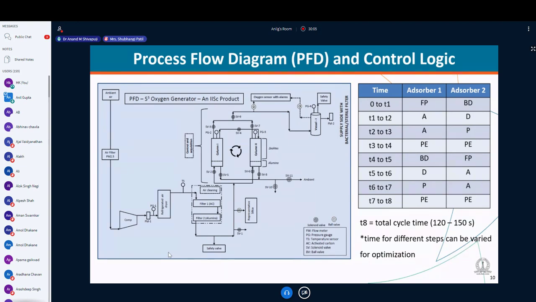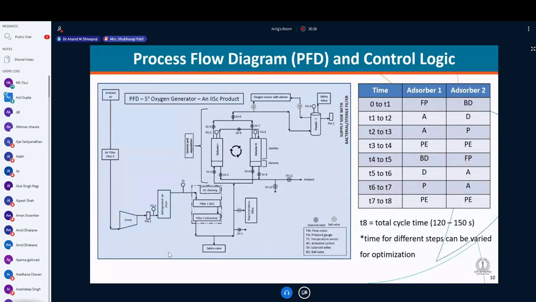and then here you can see nearly in the middle of the diagram where we have shown a cycle, we have two columns, column 1 and column 2. The process starts with column 1, wherein we start filling column 1, and it reaches the desired pressure, and it allows the oxygen to escape out from that. After some time, that column 1 gets saturated. We cut off the gas from column 1, and then we supply the compressed air to column 2. From there, the separation of oxygen and nitrogen takes place.